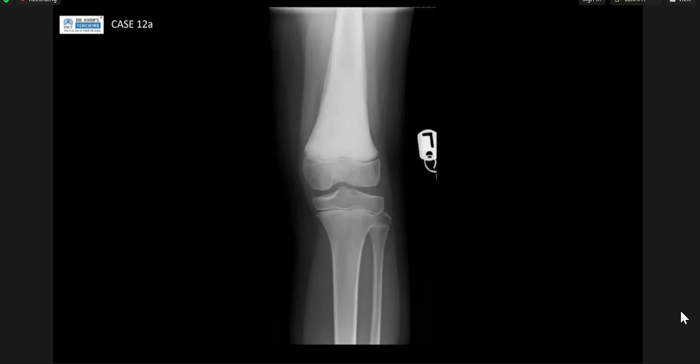Soft tissues appear normal to me. So, based on this sclerosis of the metadiaphyseal region,